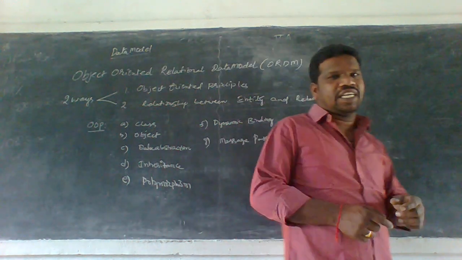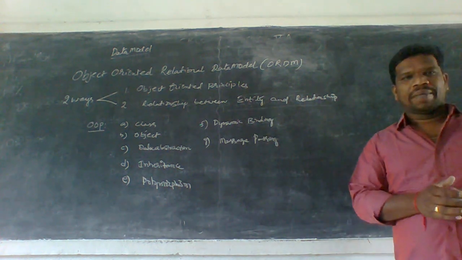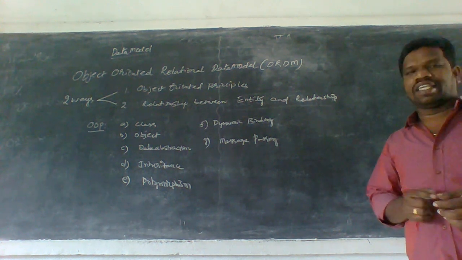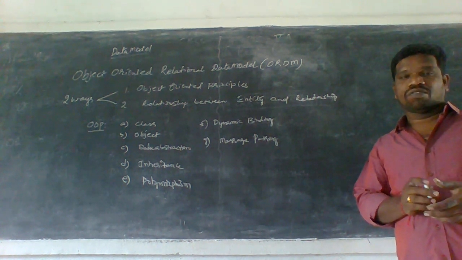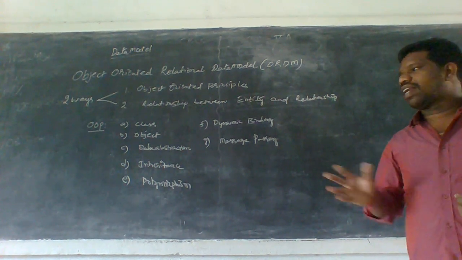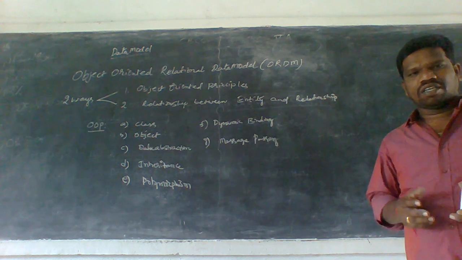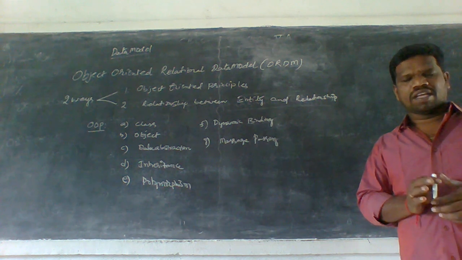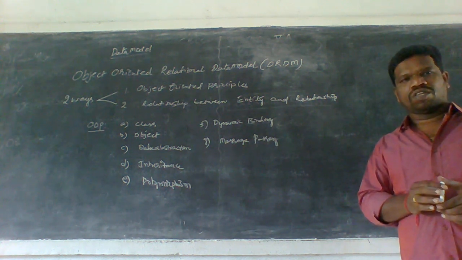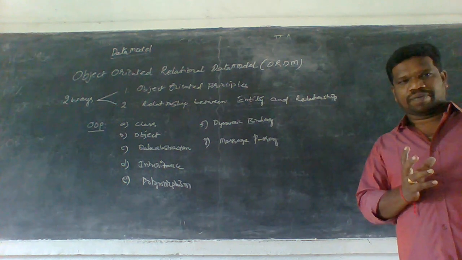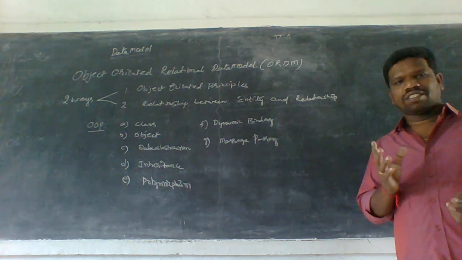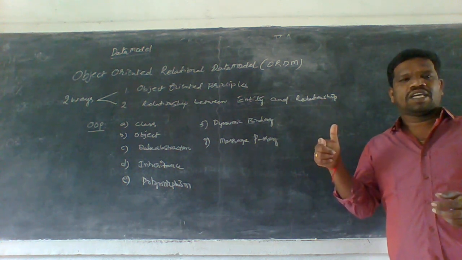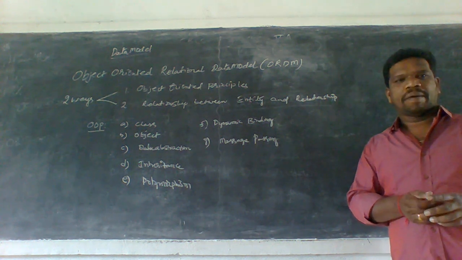Class is a user-defined data type combining methods and variables, or data members, within a single name. Class executes logically, it does not occupy any memory space. Whereas what is object? Object is a physical existence in the real world which can occupy some memory space. Because it executes physically, it occupies the memory space. But class executes logically, so it cannot occupy any memory space in the memory management system.